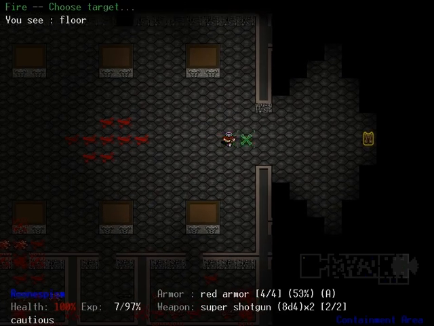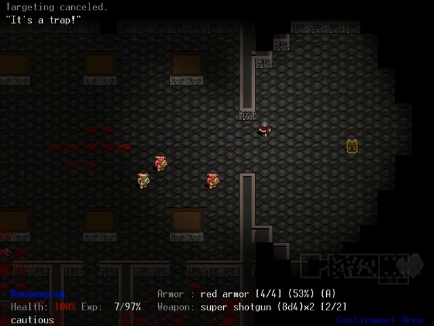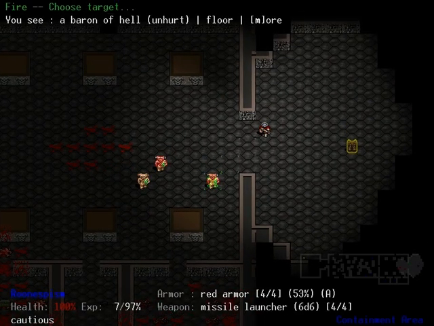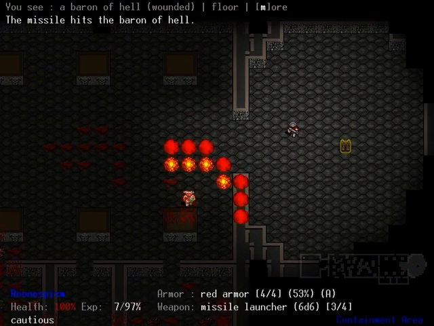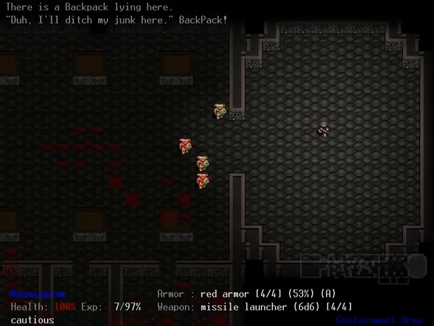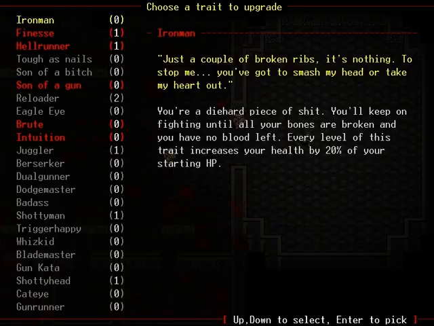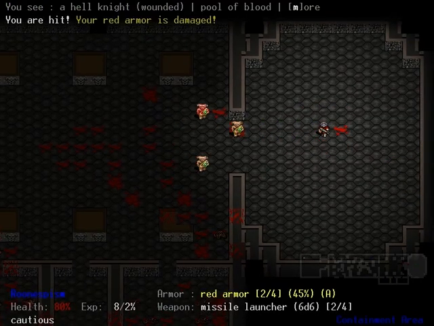So here's the other real prize. The backpack is incredible. It's almost as good as the missile launcher, honestly. Ah, yes. It's a trap. Luckily, these guys get the 3 or 4 second grace period that every enemy gets when they first spawn. So hey, we've got a backpack. We can ditch our junk in it. We've just been carrying all these...